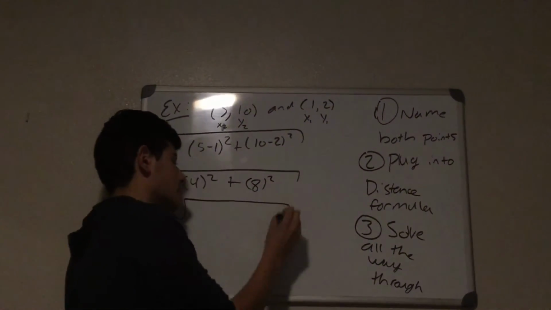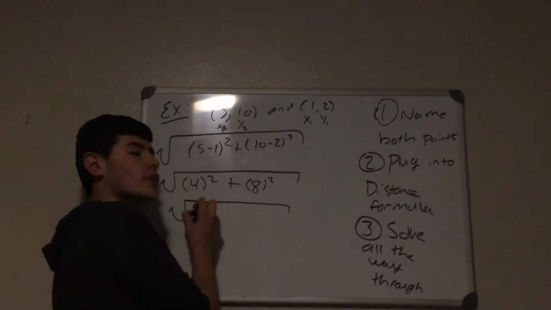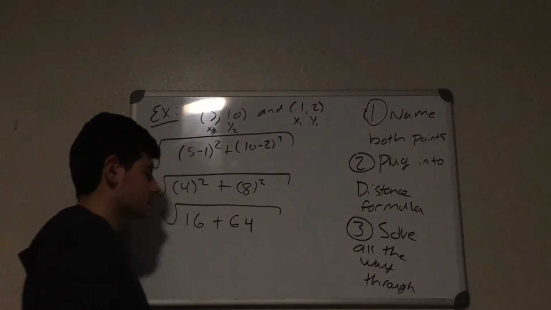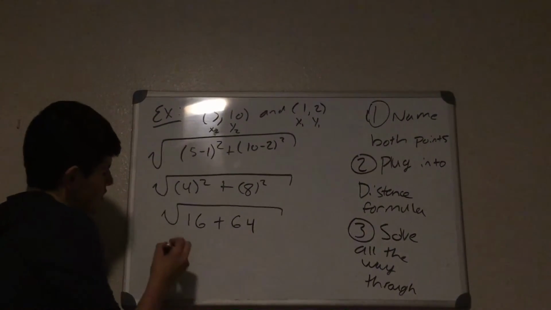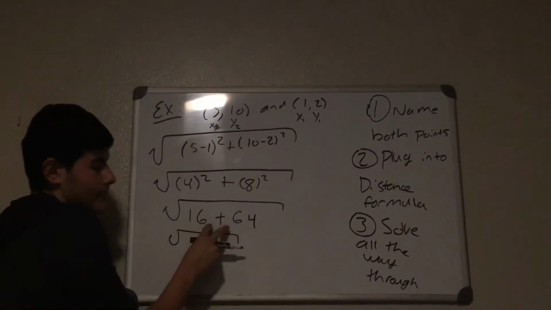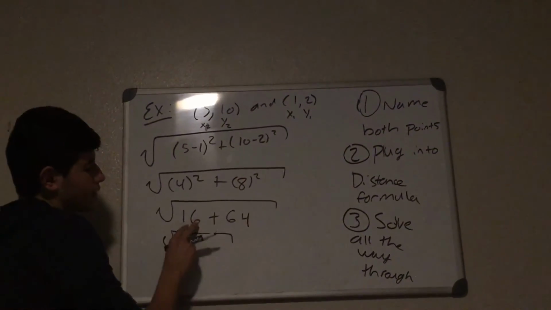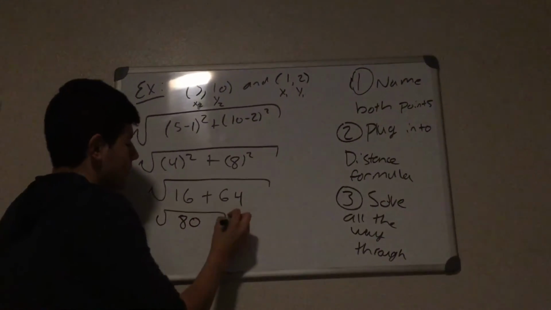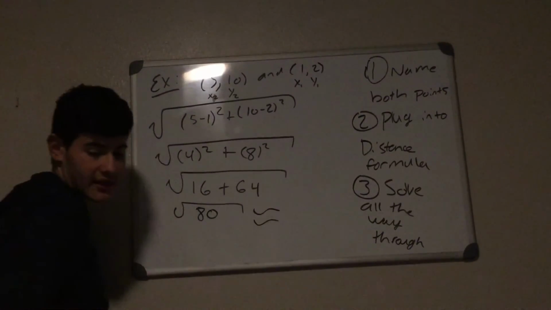Go on down and simplify. So we have 4 squared is 16, plus 8 squared is 64. So now we have the square root. Again, we're just solving all the way through. So 16 plus 64 is equal to the square root of 80,